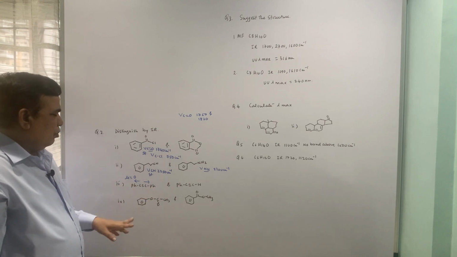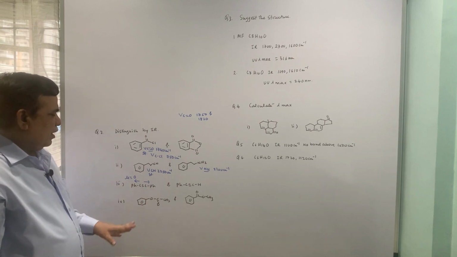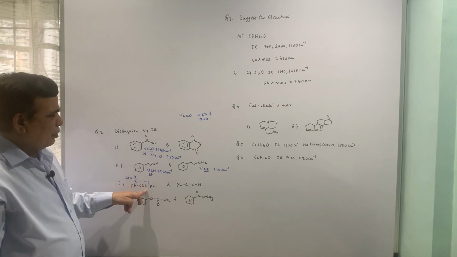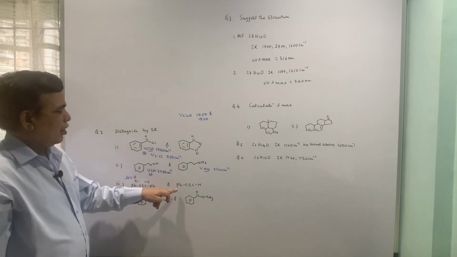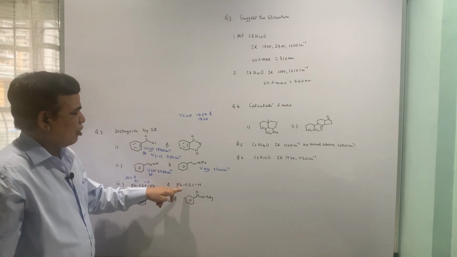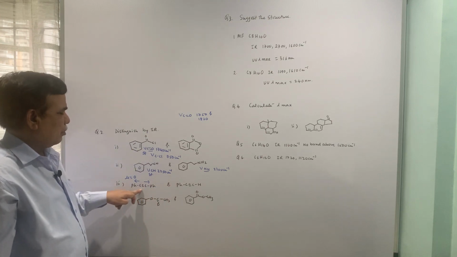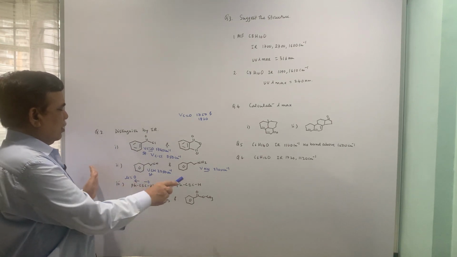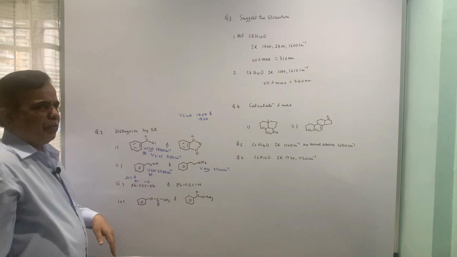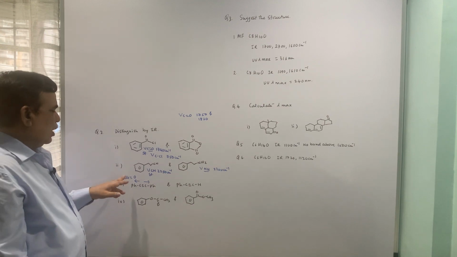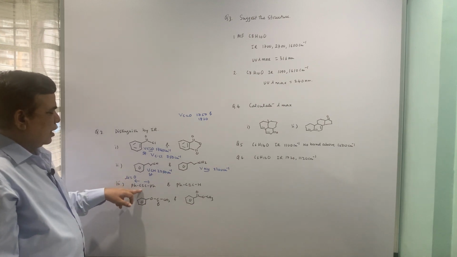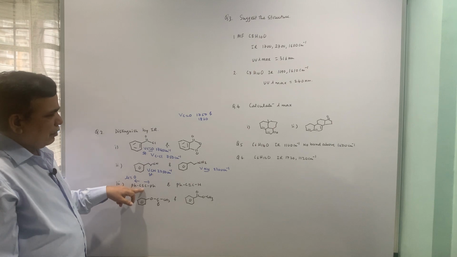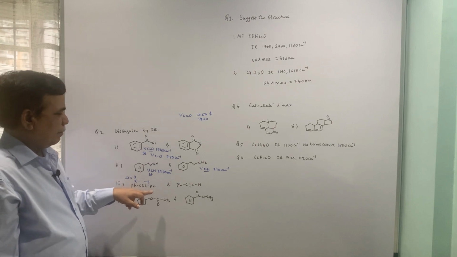Here there will be no dipole moment, and that is why this is going to be IR inactive. On the contrary, this will be IR active, because this is not a symmetrical molecule, while this is a symmetrical molecule. So the dipoles get cancelled and the net dipole moment would be 0, and because it is IR inactive, in fact it will absorb in the Raman line.